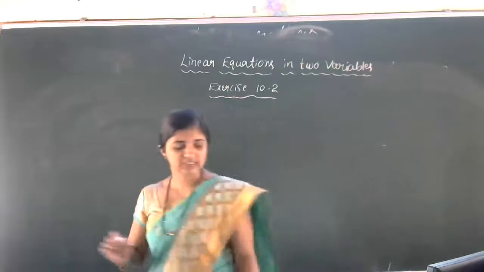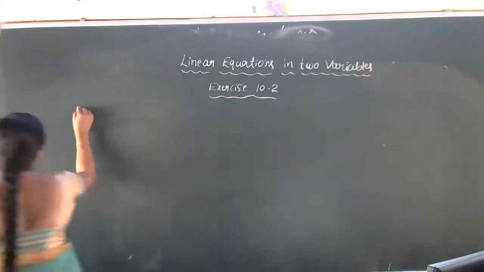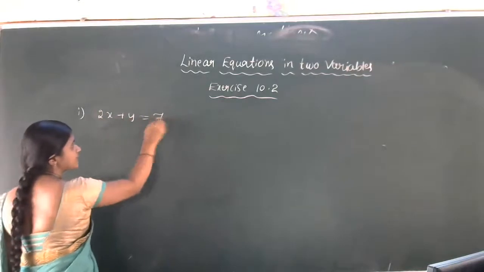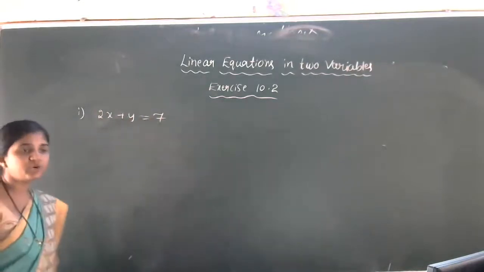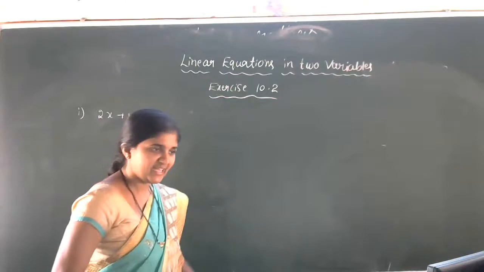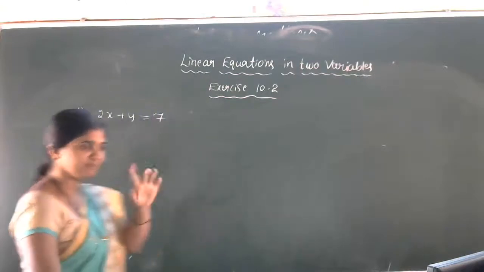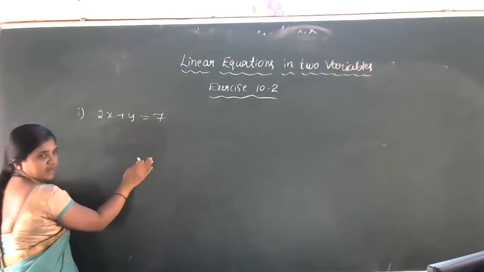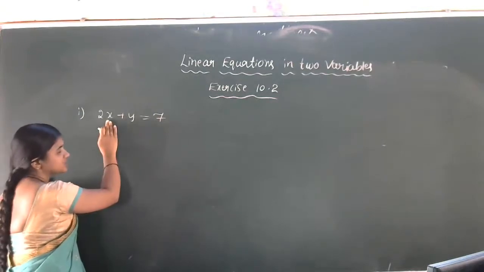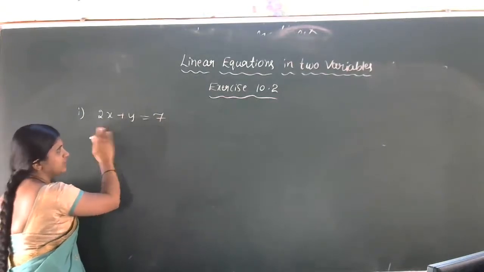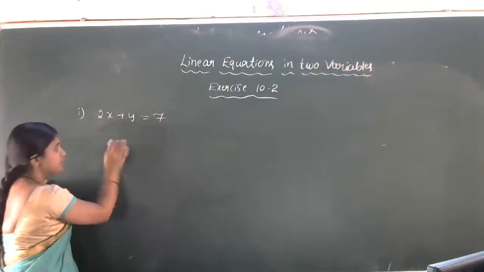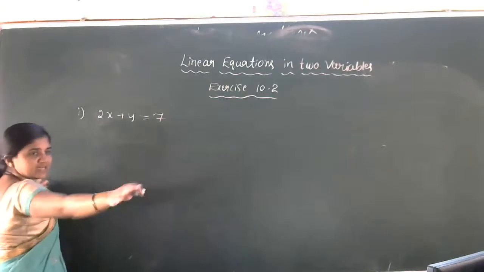First equation is 2x plus y is equal to 7. We have to find out the 4 solutions for this equation. Can I tell the simple method for this? You can balance by putting x is equal to something, y is equal to something, so that the calculation equals 7. Better we choose one method only.